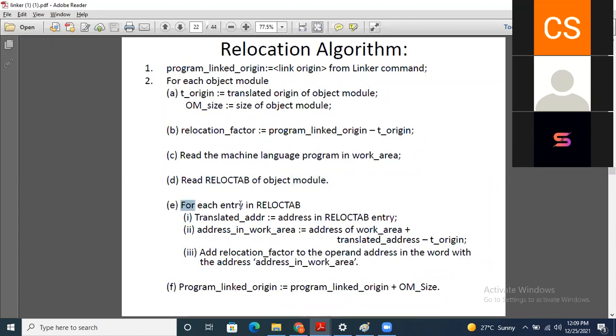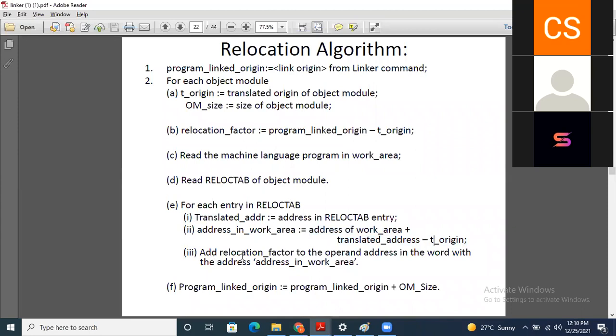And after that, for each entry in the reloc tab, the address in the reloc tab should be assigned to the variable translated address. Then add the address of the work area to translated address minus T origin.